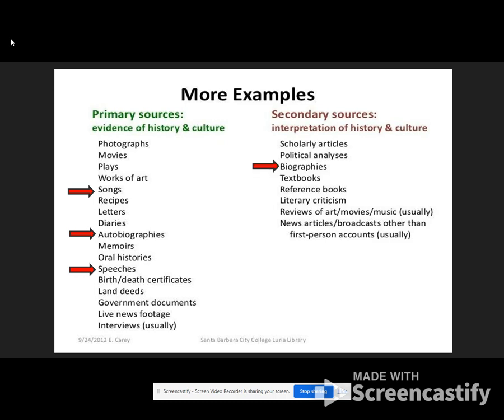Secondary sources, we have biographies like the book about Anne Frank. It was not written by Anne Frank, so it's a book written about someone else, and so it's a secondary source. And then a textbook. For example, the history textbook that we have covers about 400 years' worth of U.S. history. And I promise that the author of that textbook did not live during all those 400 years. They did not experience everything in that textbook. Therefore, it is a secondary source.